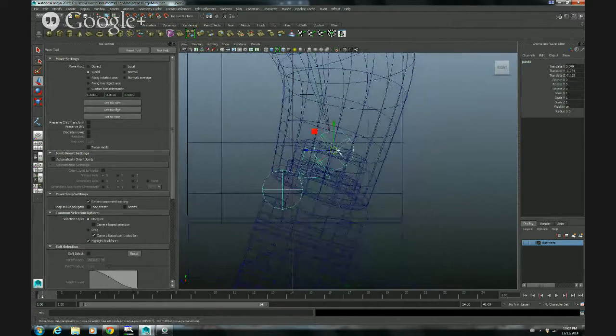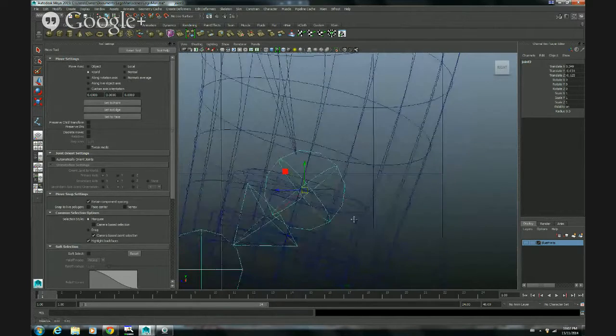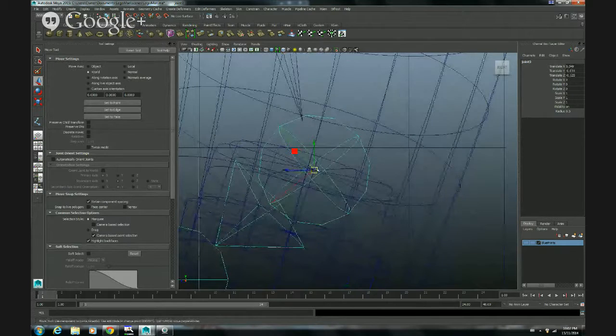I want to select this one. I want this bone to be exactly where the hand crosses over here. So in order to do that, I'm gonna press the B key, bring it there,